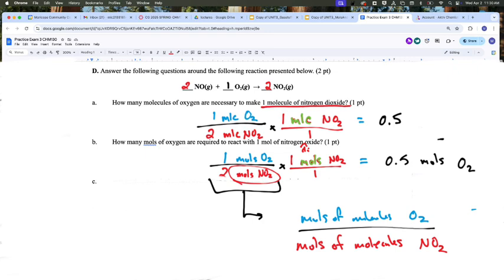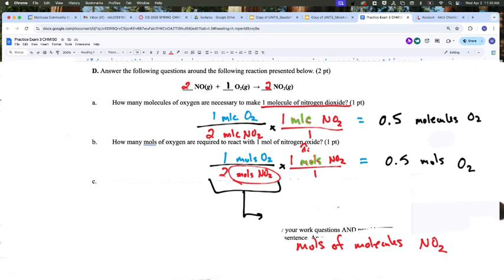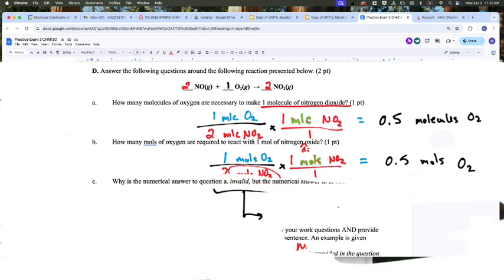0.5, what was our unit? Molecules of O2. Mathematically, everything holds water. Everything's perfect and happy and exciting. But now question C comes in and rocks the boat a little bit, because what